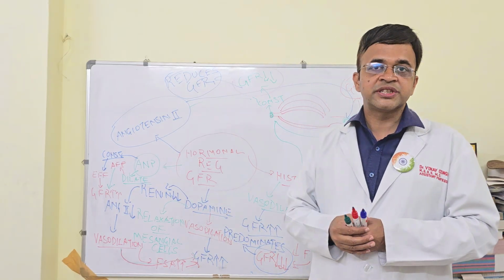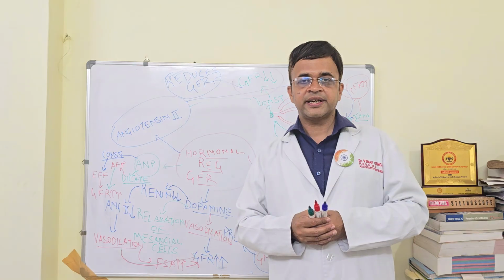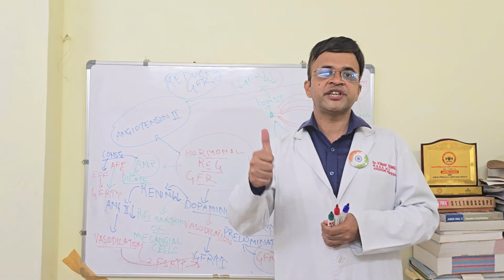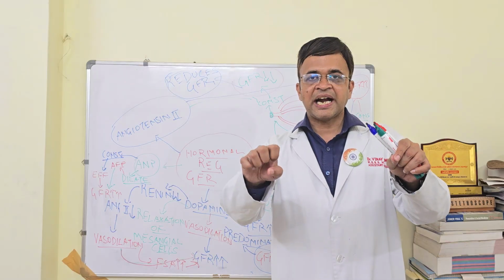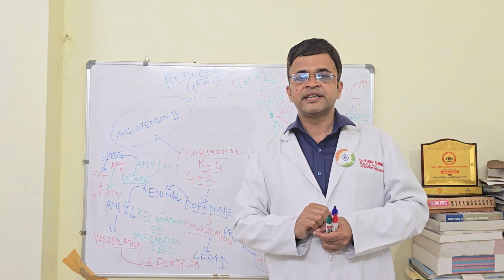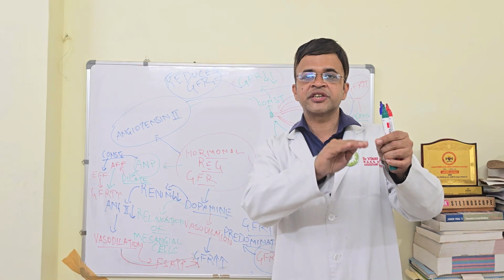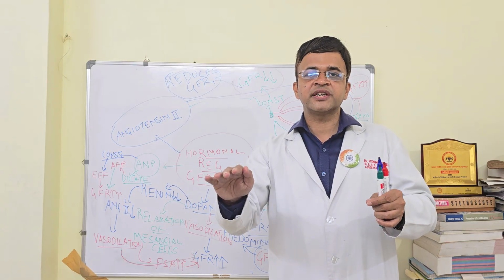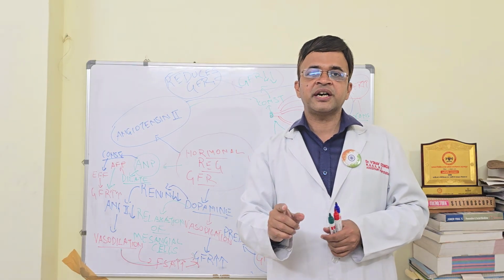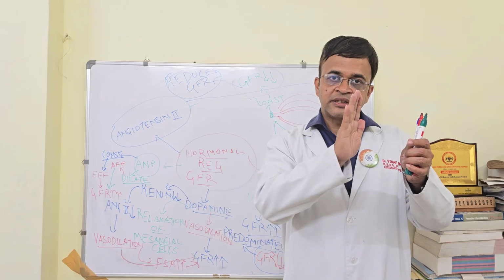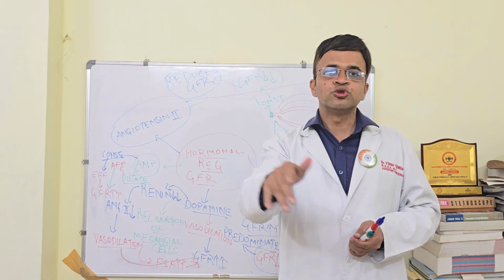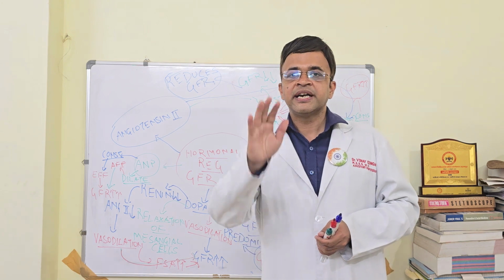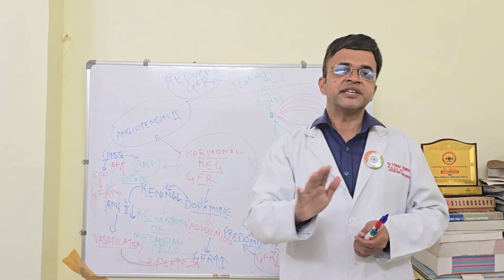The hormones which help in regulation of GFR, right? First one is your angiotensin 2, right? It constricts both the afferent and the efferent arteriole, right? Constriction of afferent arteriole leads to reduction of GFR. Constriction of efferent arteriole leads to increase of GFR. But the effect which predominates is constriction of afferent arteriole, leading to overall reduction of GFR when angiotensin 2 is released,